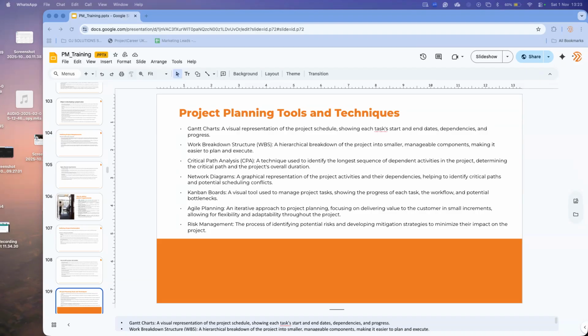Okay, so just change your view to Gantt view for us, please. Yeah, I just want to see the lines of the dependencies.